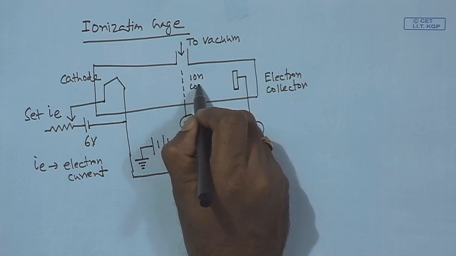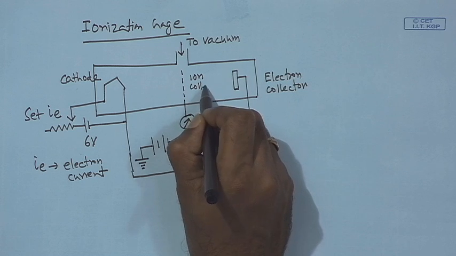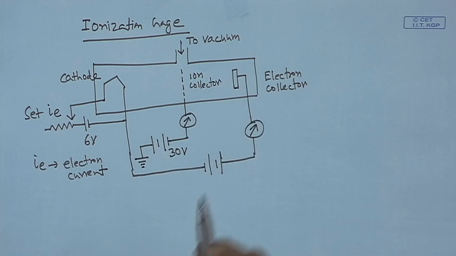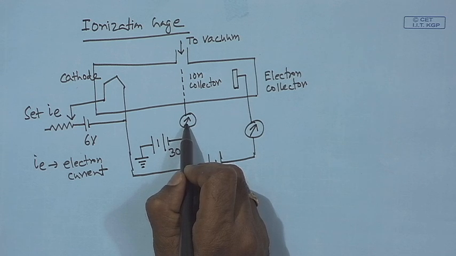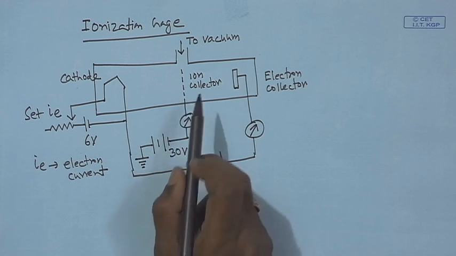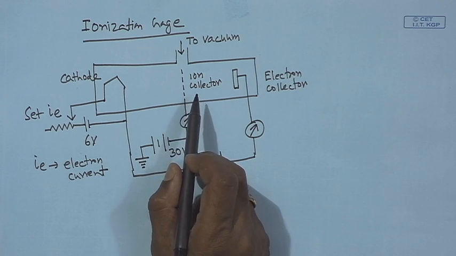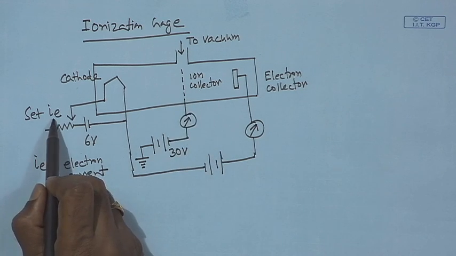So, it is a positively charged grid. So, the ion current indicated by this meter will be a direct measure of the pressure, because the number of positively charged ions formed for a set electron current